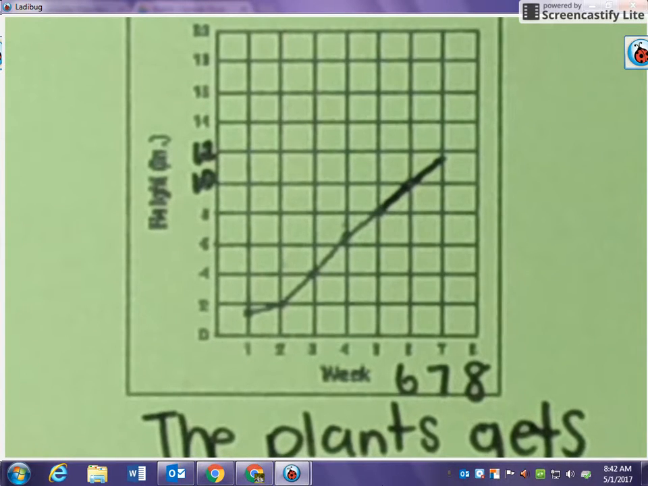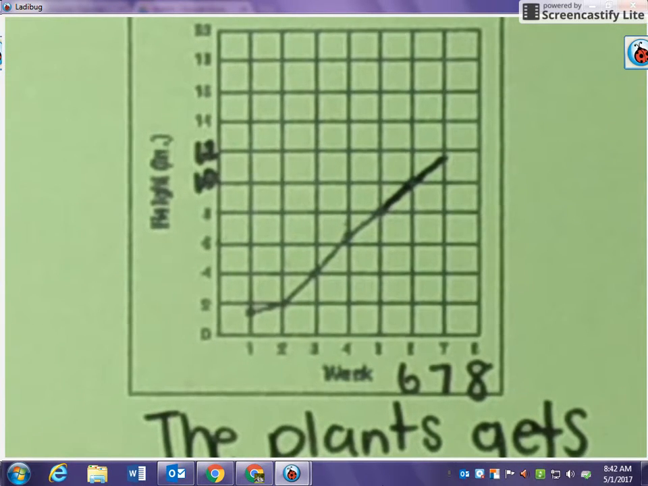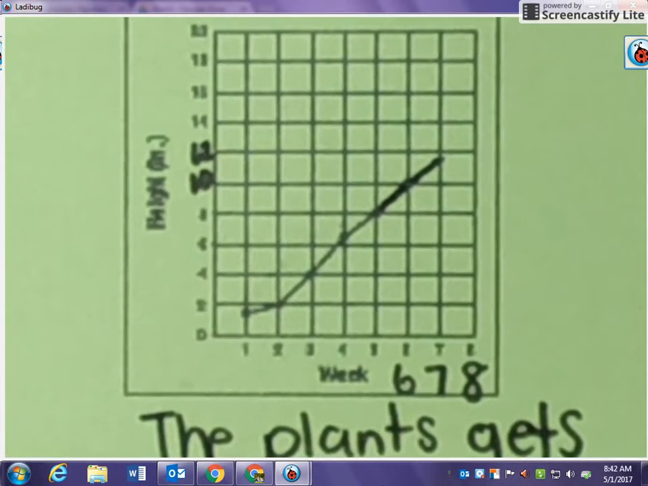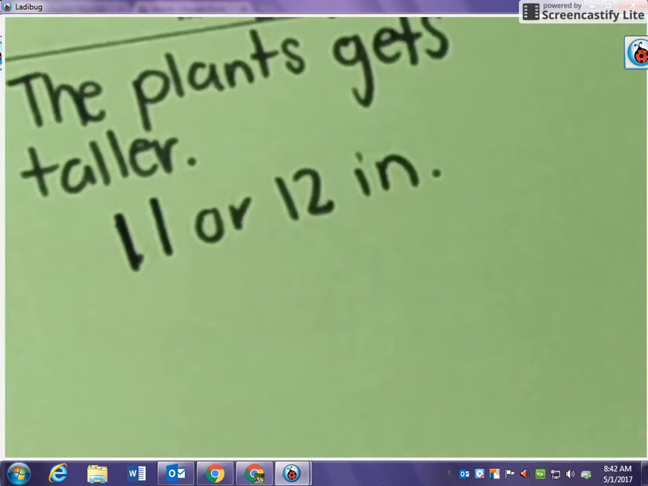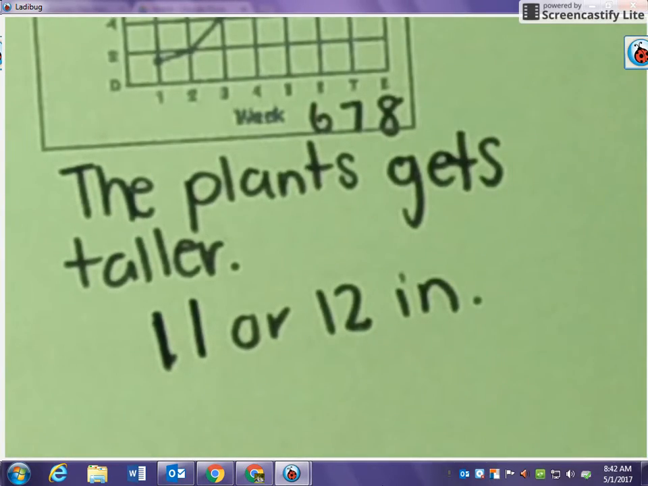I'm not going to be too big of a... If you say 10 or 13, no, that's not right. But I'll take 11 or 12. So 11... Ooh, that was bad. Or 12 inches, right? Are we good with that? That's super simple, isn't it? If you got 11, you only go up